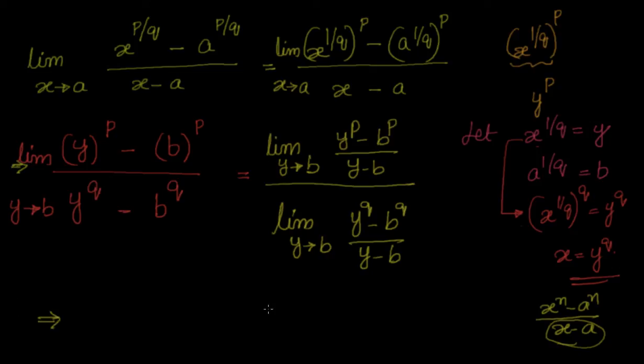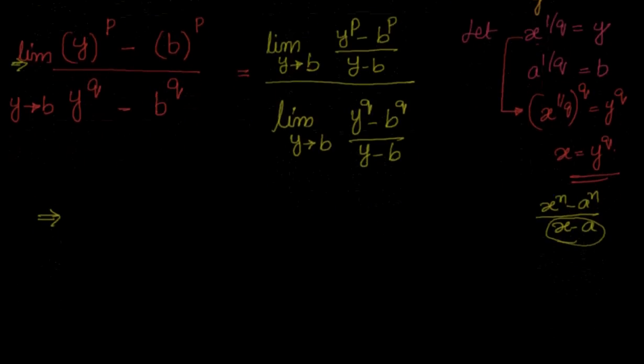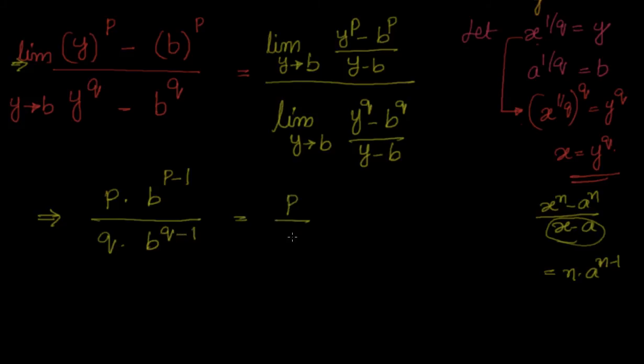Now this is simple, because you know the value of y to the power of p minus b to the power of p by y minus b. In the form of x to the power of n minus a to the power of n by x minus a, it is equal to n into a to the power of n minus 1. So it will be nothing but equal to p into b to the power of p minus 1. Similarly, in the denominator I will have q into b to the power of q minus 1. So this is nothing but equal to p by q